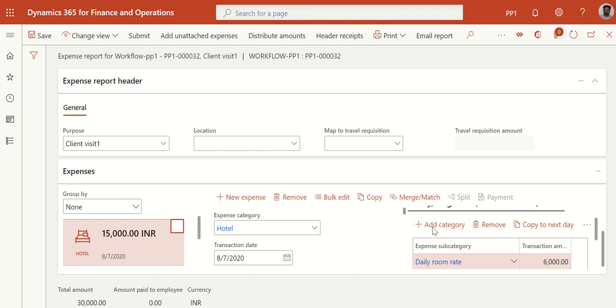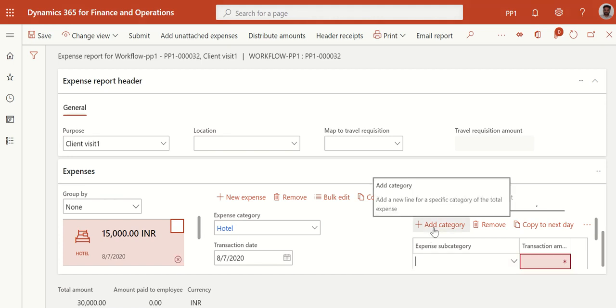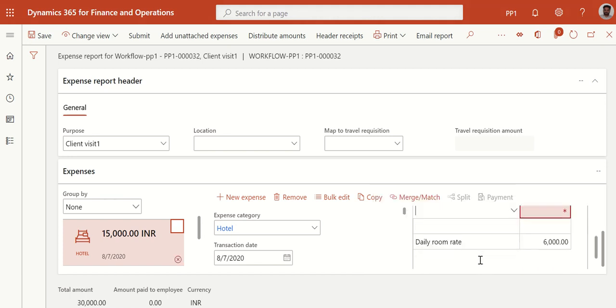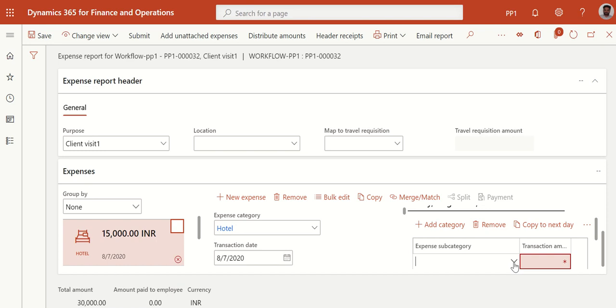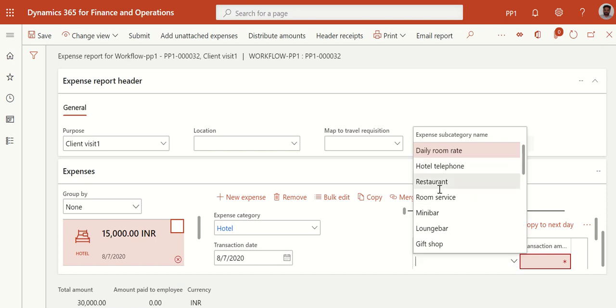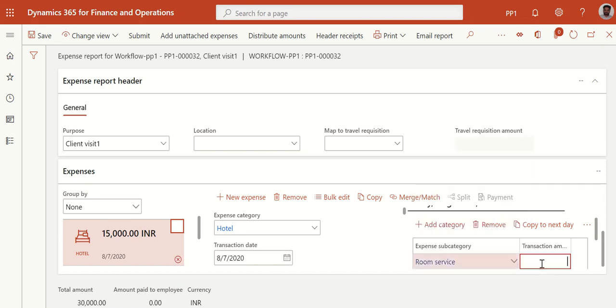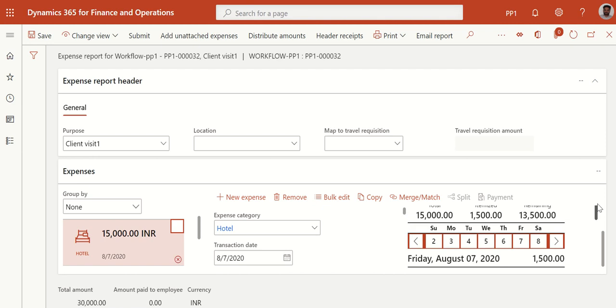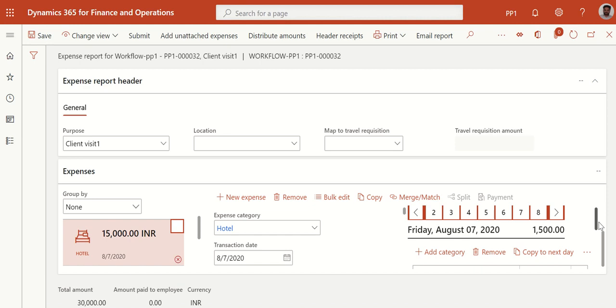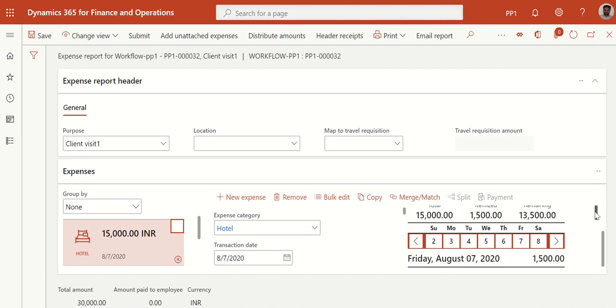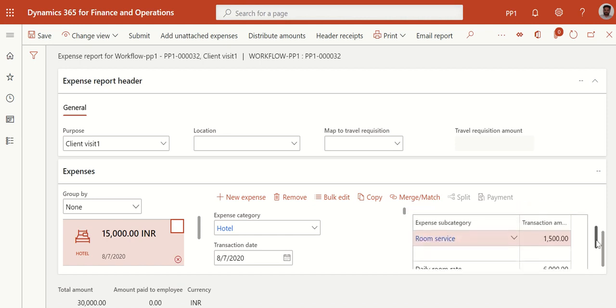Okay, and one more category, and that category is, let's say my room service 1,500. So this is for day 1. Now once you save this, you can see here we have itemized for 1,500. There is remaining of 13,500. It's still remaining.